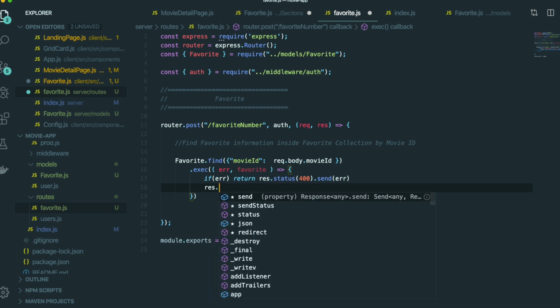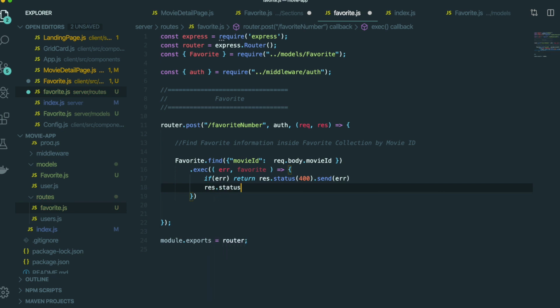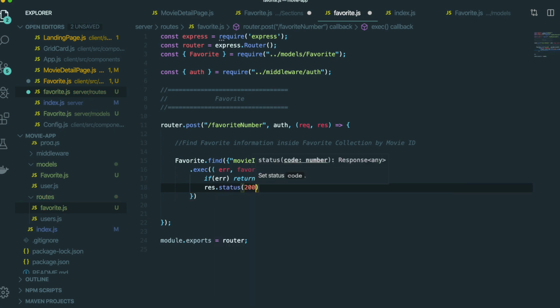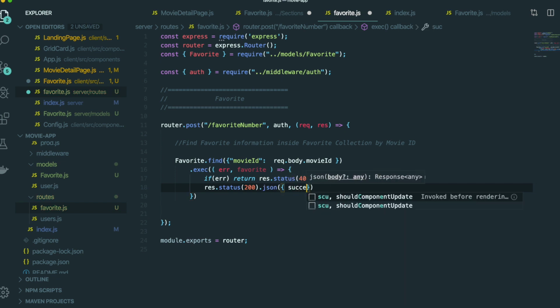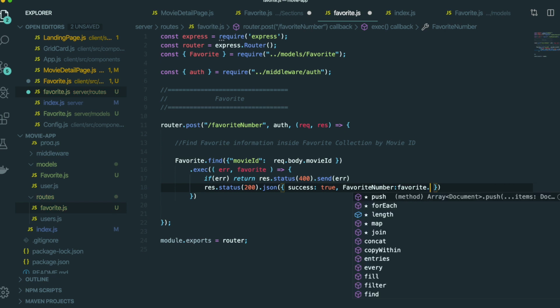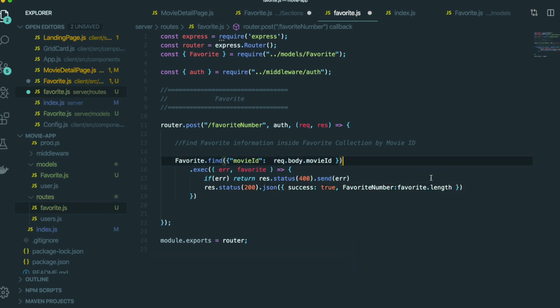And if it was successful, we will send the response with status 200 and JSON: success true, and favorite number will be this favorite dot length. The reason why I put it like this is that inside this favorite information,